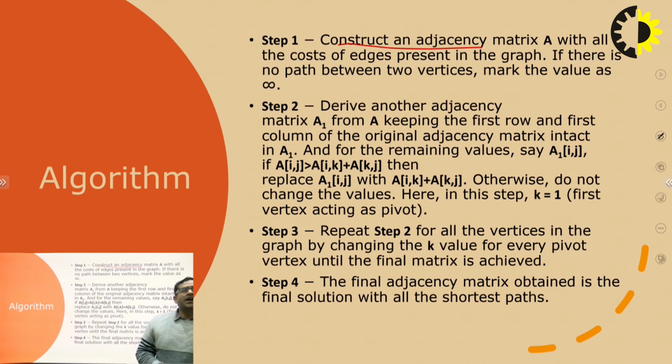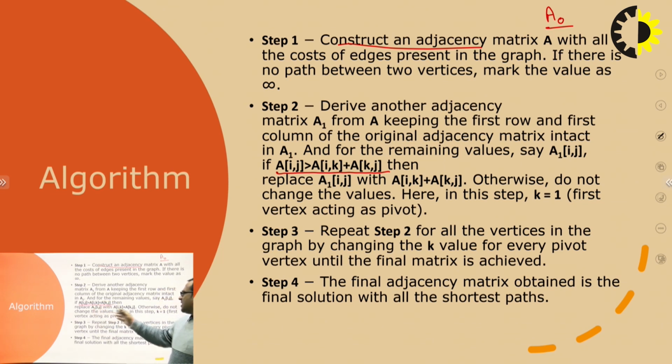What is step 2? Step 2 is to derive another adjacency matrix, matrix A1. Initially, when you create a matrix, its name is A0, the initial matrix. After that, you derive another matrix, A1, from A, keeping the first row and first column of the original adjacency matrix intact in A1. For the remaining values, say Aij, the formula is: if Aij is greater than A of ik plus A of kj,